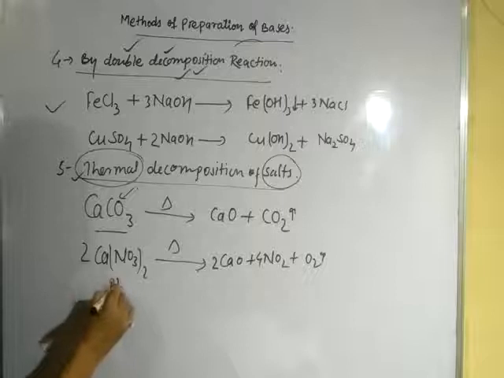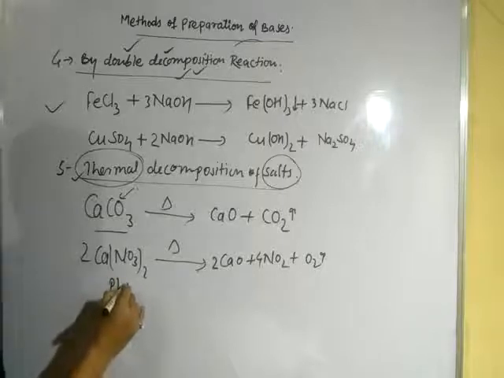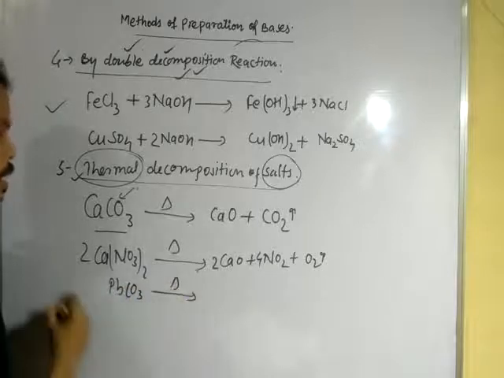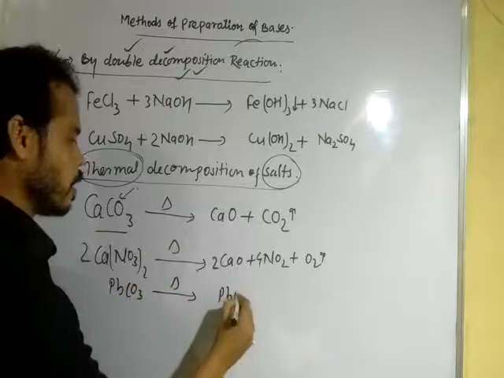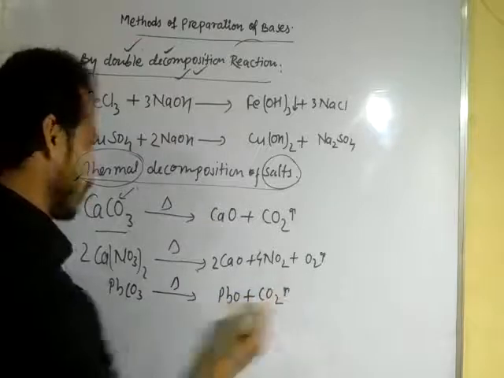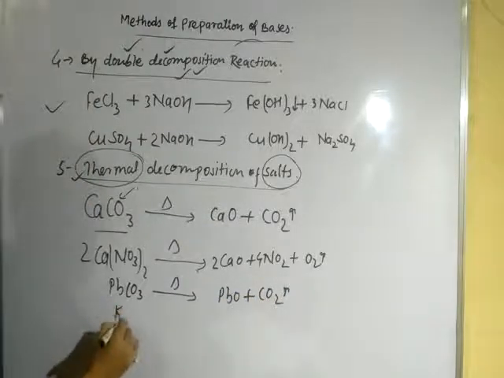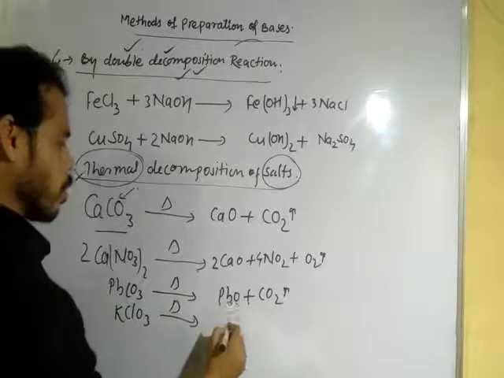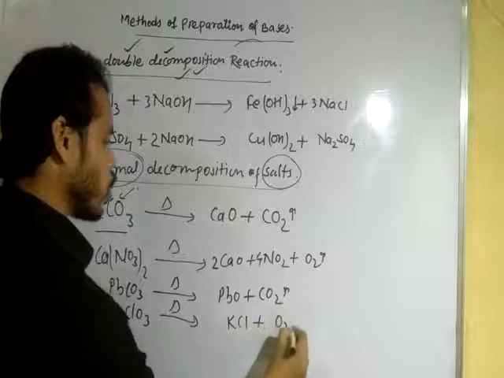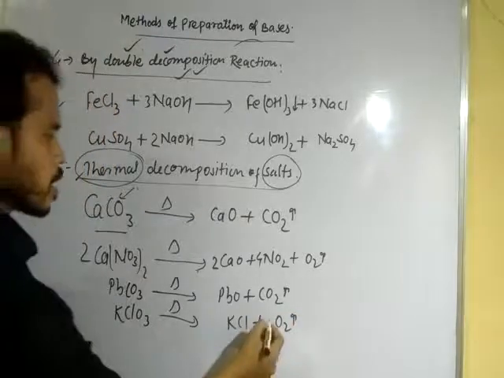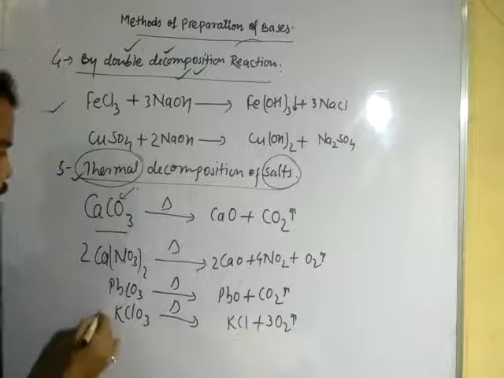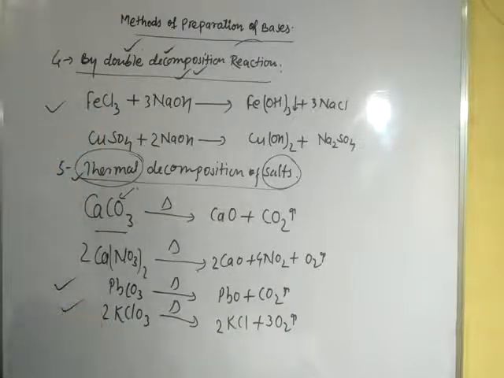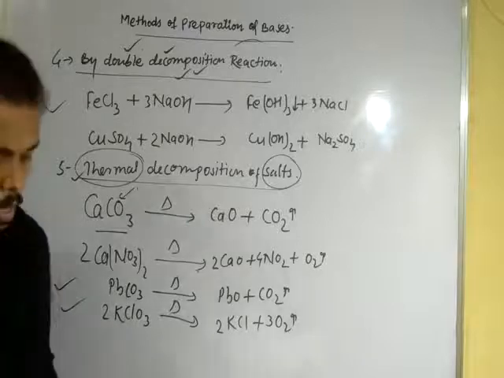Next is when lead carbonate PbCO3 is heated to form lead oxide and carbon dioxide. When potassium chlorate KClO3 is heated, it forms potassium chloride and liberates oxygen. Dear student, to balance this reaction, multiply it with 3 and here 2 and also with 2. Okay? This reaction is a balanced reaction. Okay, dear student. So next one is